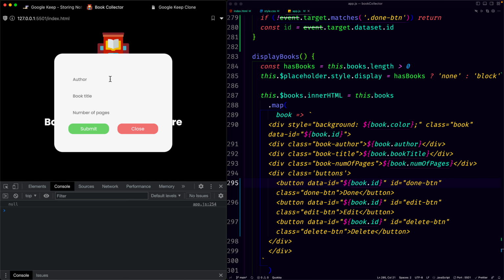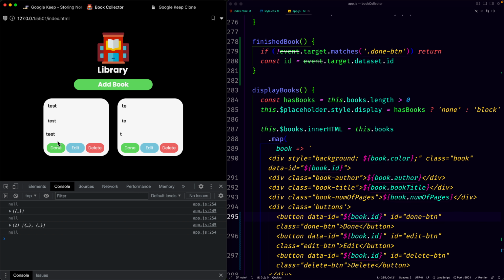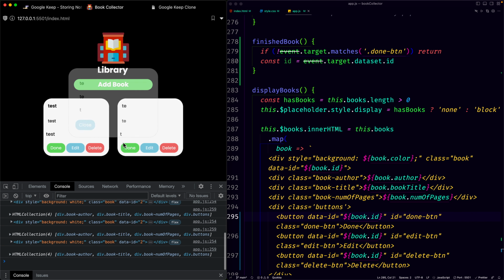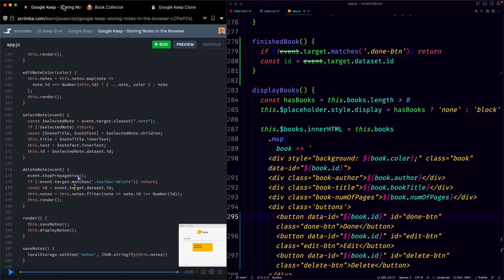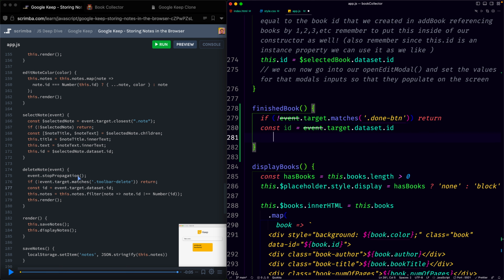Let's say we have 2 books. How do we know which done button belongs to which book? That's where the data ID comes in. It lets us know this done button belongs to book 1 and this done button belongs to book 2, right? So now that we have the ID, we can basically say,